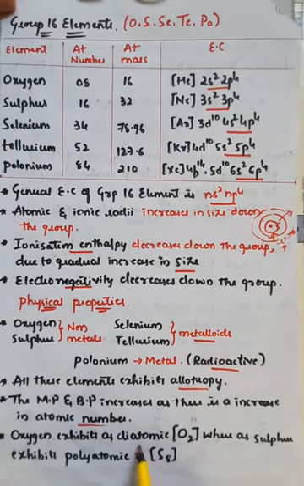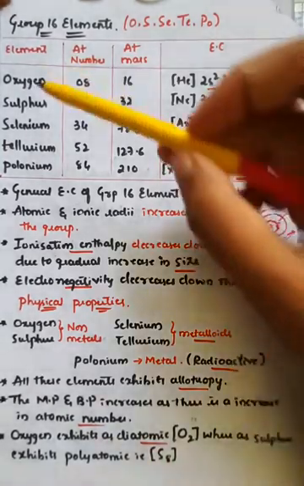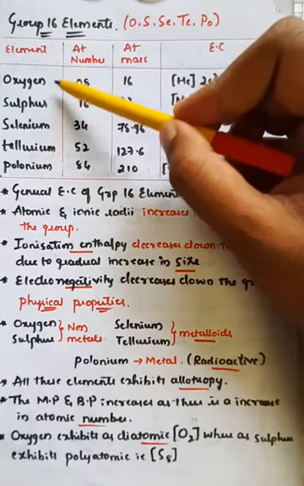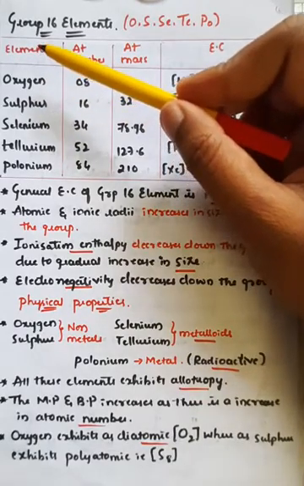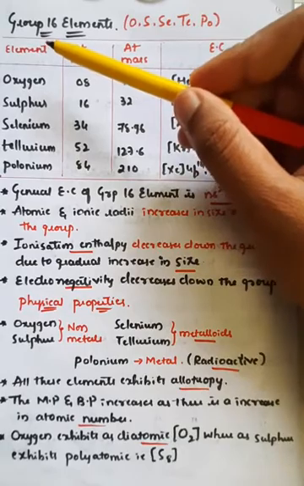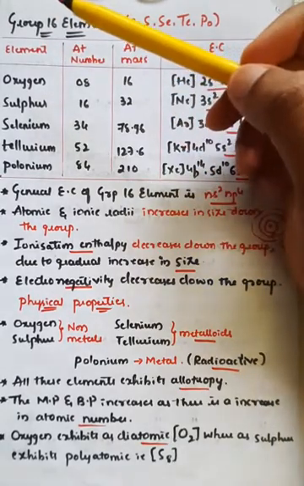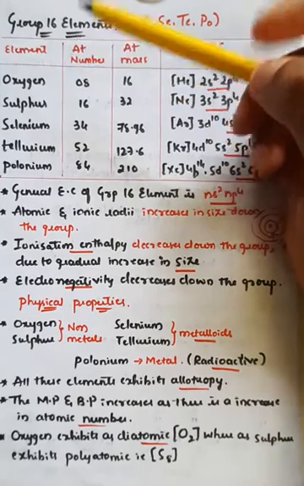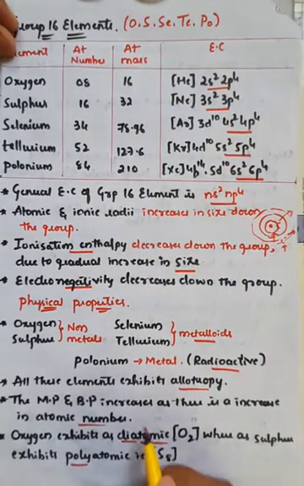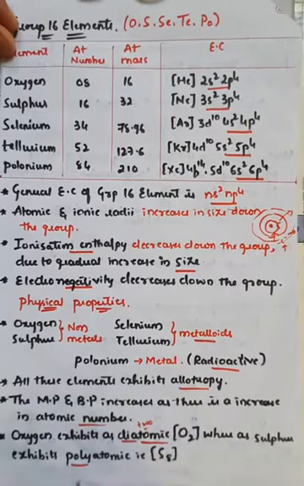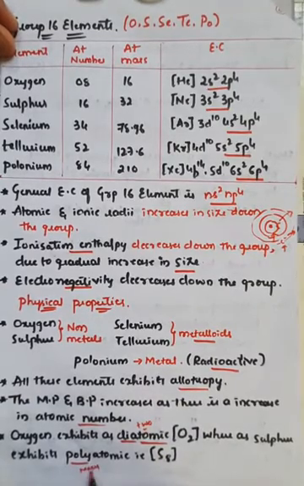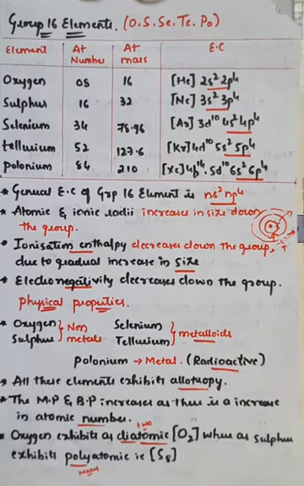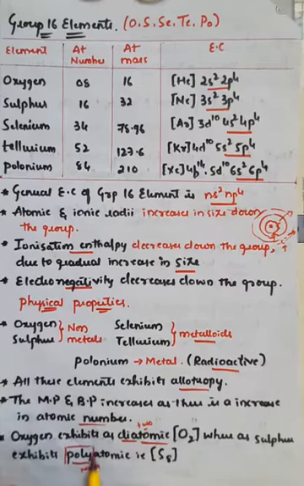Oxygen exists as a diatomic molecule, right? It is not monoatomic, so a single oxygen atom cannot be present in the atmosphere. It is always diatomic, that is oxygen double bonded with oxygen. Whereas sulfur exhibits polyatomic form, poly meaning many. Di means two, and poly means many, as we know. So sulfur can bond with sulfur, like that 8 sulfur atoms can bond together, right? So it exhibits the polyatomic form, remember. This is the most important thing.